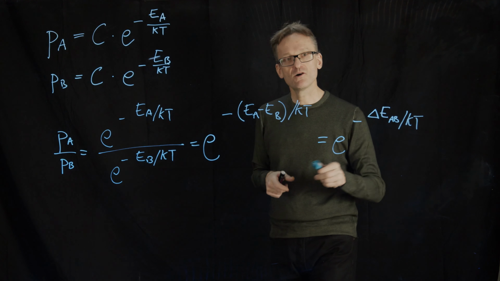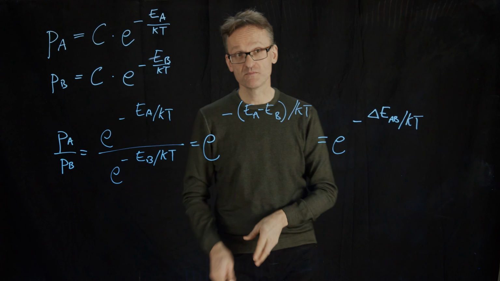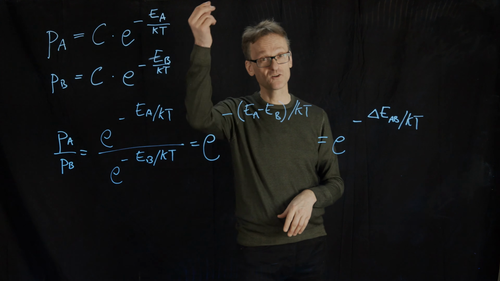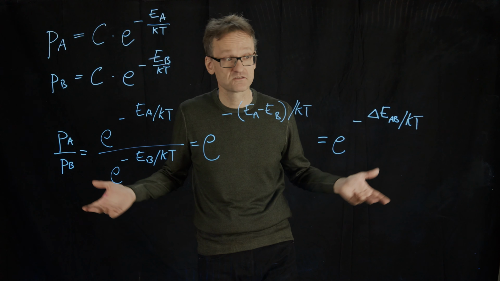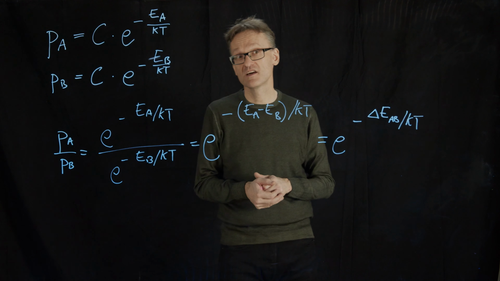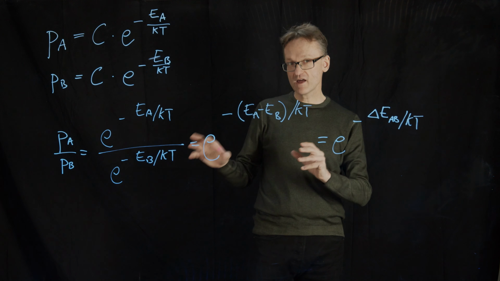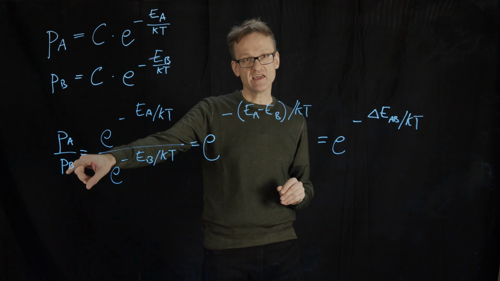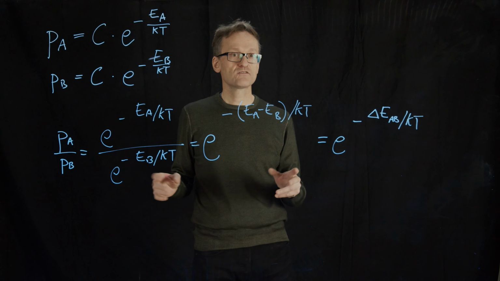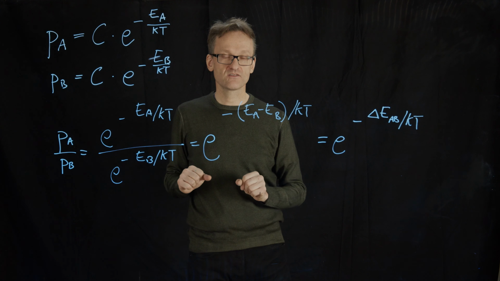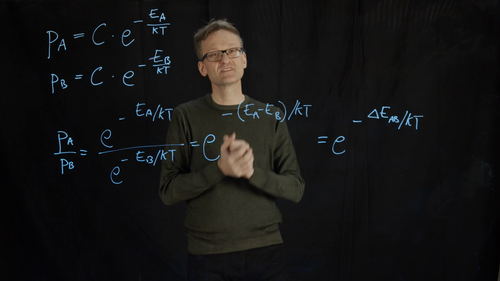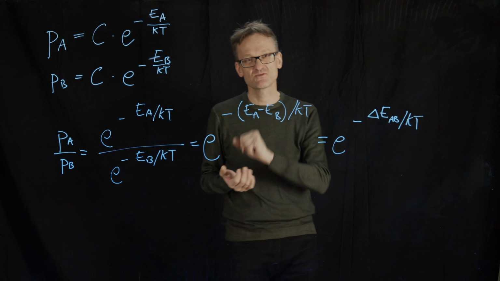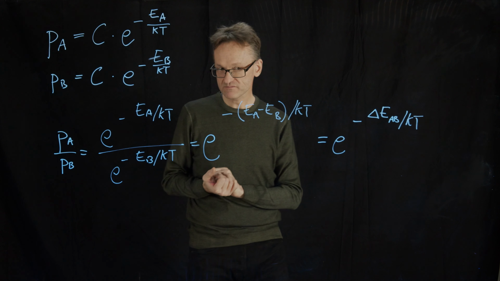And the cool thing, if I now have an energy difference, it does not matter where the zero scale on my axis is, right? I can put that 500 meters below the ground here. The difference is still the same difference. So the relative probability of being in two states, A and B, only depends on the absolute difference in energy between those two states. I was running a little bit ahead of myself here.